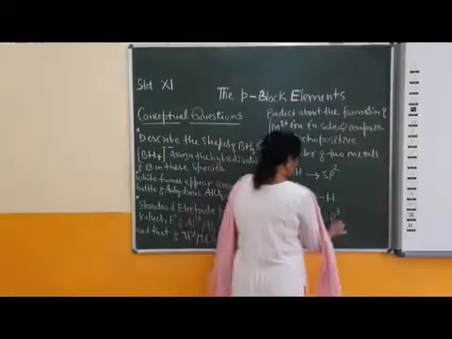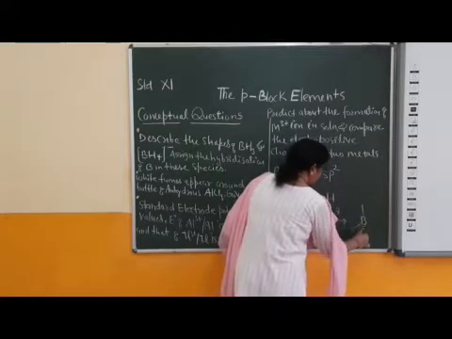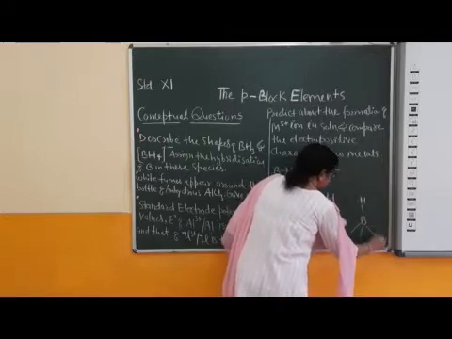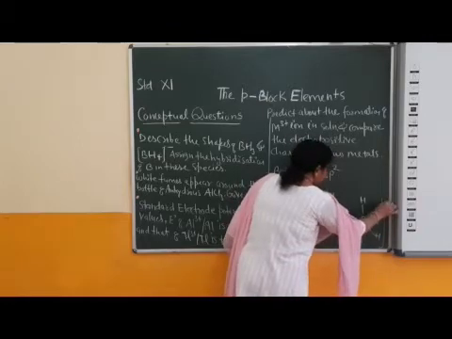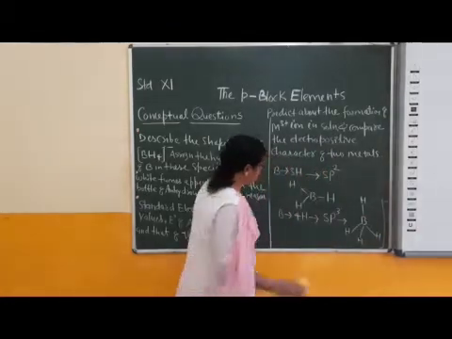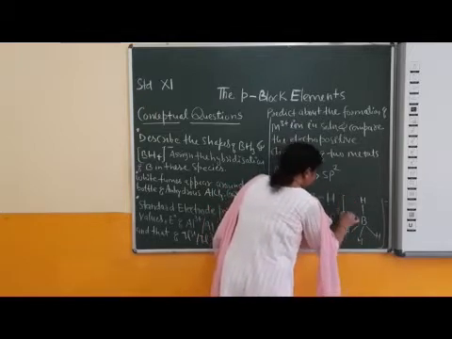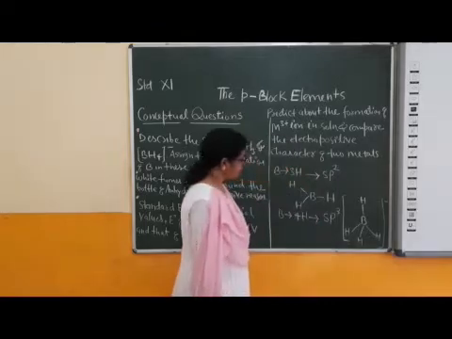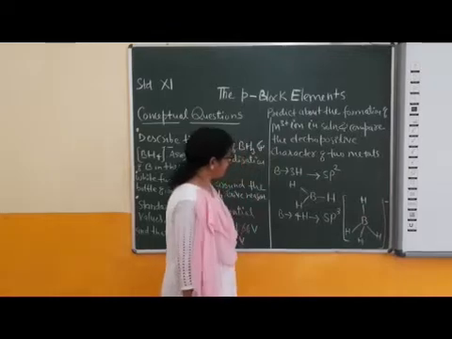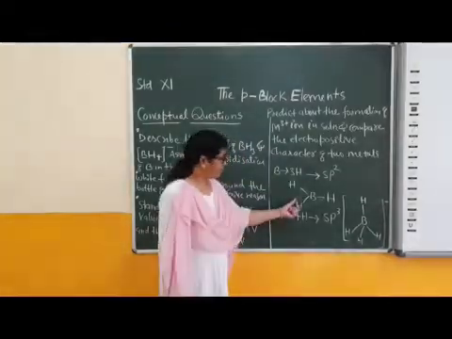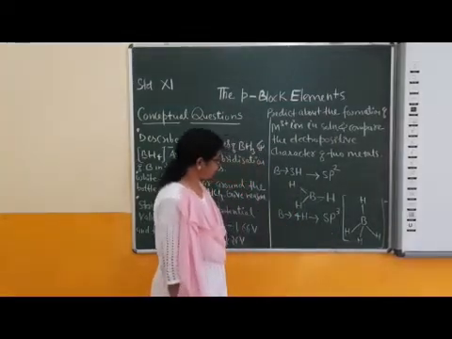sp3 means the shape is tetrahedral like this. B, then attachment of 4 hydrogen atoms, and the remaining charge is minus. Okay, children? This is the tetrahedral shape of this complex compound like this. Okay, this is the unneutralized charge -1. Now the difference in geometries: planar shape, trigonal planar, and this is tetrahedral.